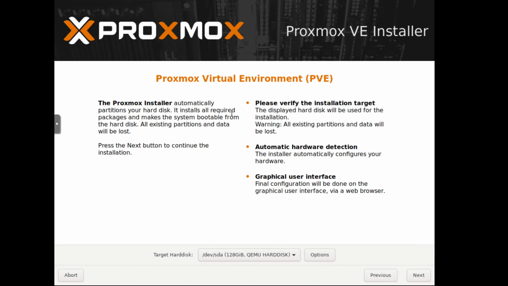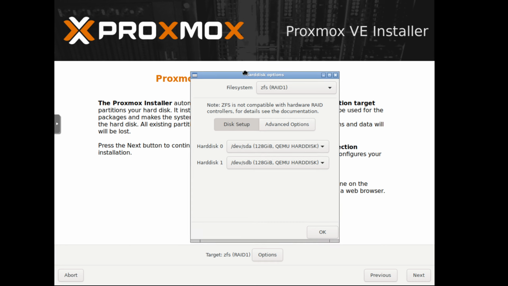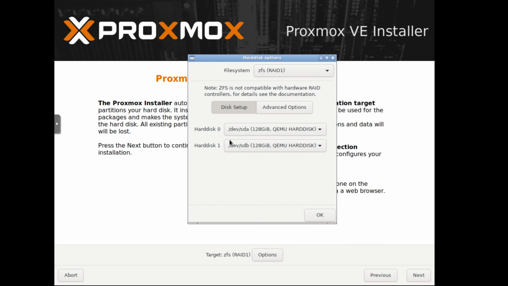The default settings for a Proxmox virtual environment setup are to use a hard disk using the grub bootloader to load Proxmox at boot time. Instead, we are going to select the Options menu, which will allow us to select ZFS as the file system type. In this instance, we're going to use ZFS RAID 1, which will mirror the Proxmox installation across two drives,